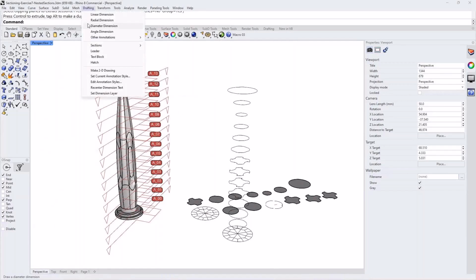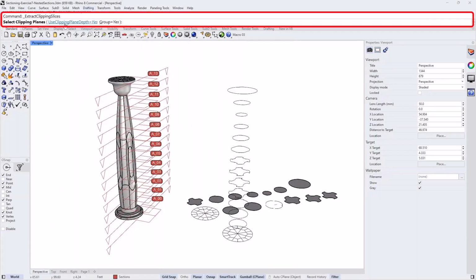If we do extract clipping slices, there are two commands: extract sections and extract slices. Slices have a depth. So with extract slices, you can use the clipping plane depth if you have already set that up. If you haven't, you can say, I want to extract a thickness of 0.1, for example, between my slices, and I want it to be at the back of my clipping plane, but you can do it as the center.